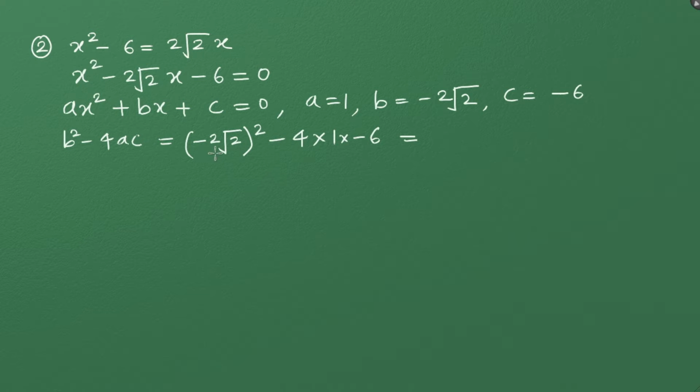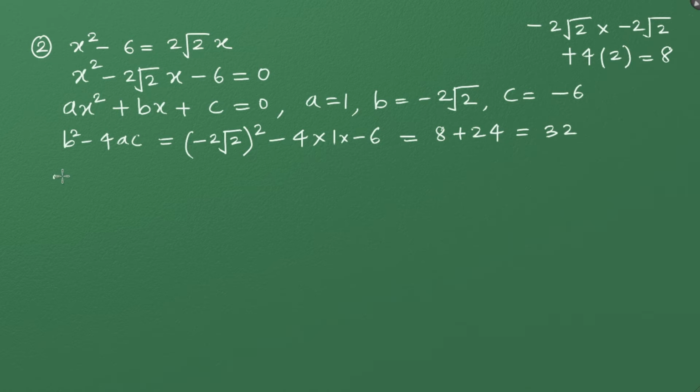Now minus 2 times square root 2 the whole square. Let's do it here. So it is minus 2 times square root 2 multiplied by minus 2 times square root 2. So minus minus is going to be plus. 2 multiplied by 2 will be 4, and square root 2 multiplied by square root 2 will be 2. So this is going to give 8. So we have 8 plus 24, which gives